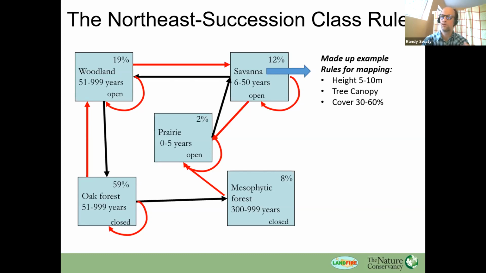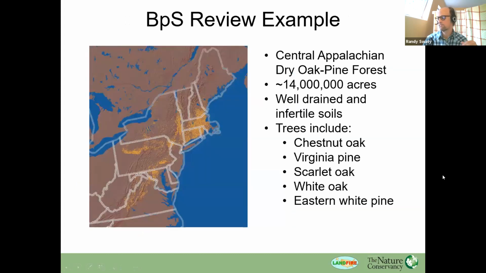So we made sure to review all those gaps and make sure that they were legitimate. We also added a leaf form category to succession classes. Sometimes height and cover were not enough to distinguish succession classes when mapping, so we added in leaf form, broadleaf, coniferous, mixed to help with that. The resulting data table for this was like 10,000 rows. It was a lot of work led by our colleague, Corey Blankenship, and with feedback from many of you guys.